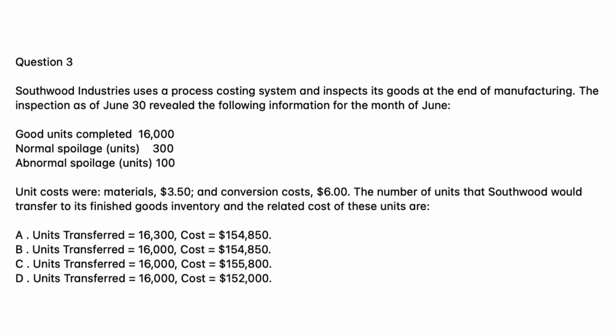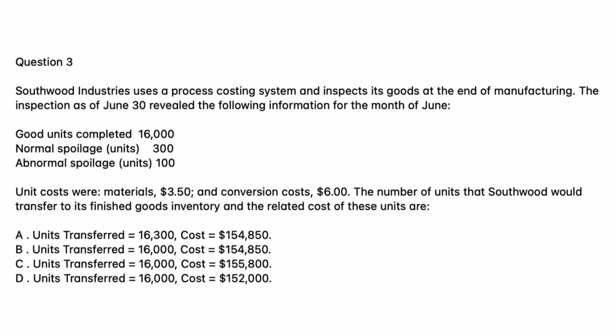Question 3. Southwood Industries uses a process costing system and inspects its goods at the end of manufacturing. The inspection as of June 30th revealed the following information for the month of June. Good units completed 16,000. Normal spoilage, units, 300. Abnormal spoilage, units, 100. Unit costs were, materials, $3.50, and conversion costs, $6. The number of units that Southwood would transfer to its finished goods inventory and the related cost of these units are